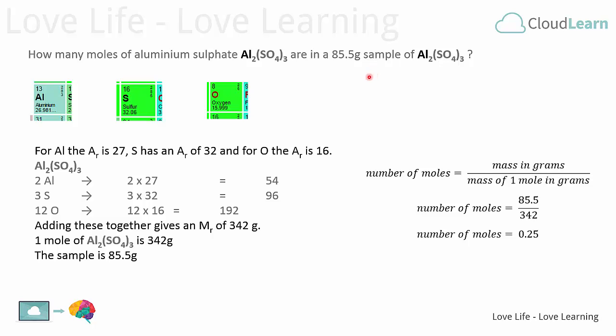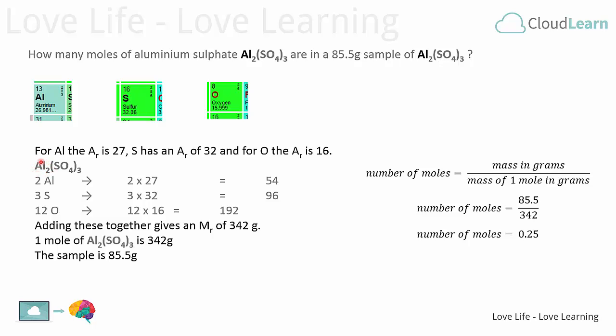The first port of call is to look at the periodic table and to get the masses for the various elements that make up this substance. So you can see the atomic mass for aluminium is 27, the atomic mass for sulfur is 32, and the atomic mass for oxygen is 16, approximately, for all of these. Now, in order to go further with this, we need to look at the actual formula of the compound itself,